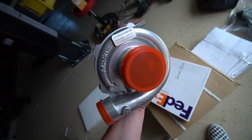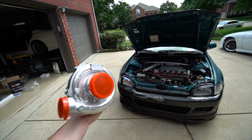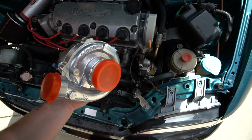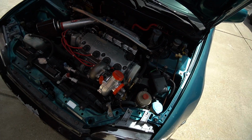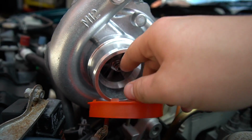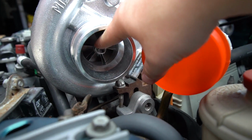Very fat little piece of crap. This is very heavy. Meet your new home. Watch me drop it on the freaking concrete. Meet your new home. See, the nice thing is, here you go. And she's done. Close the hood, it'll spool right up. Yo, look at this, dude. I'm not just gonna say I'm impressed, but we're really gonna put this